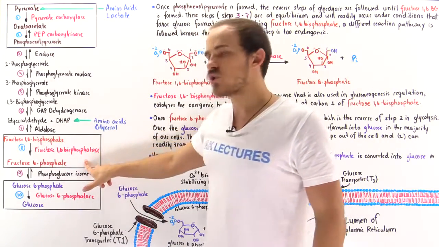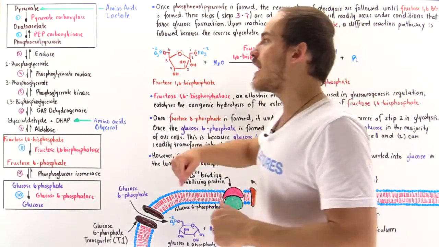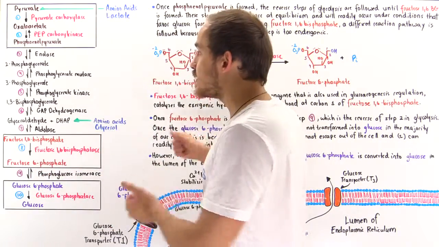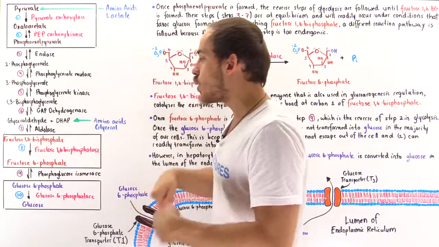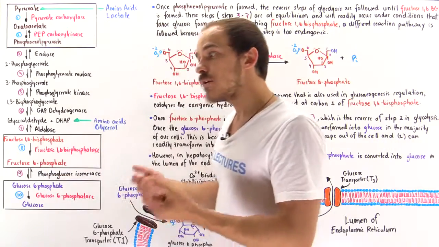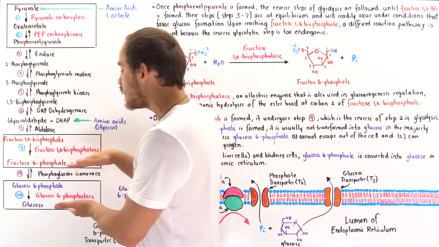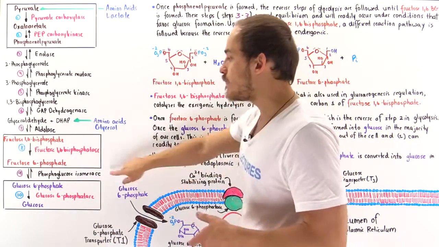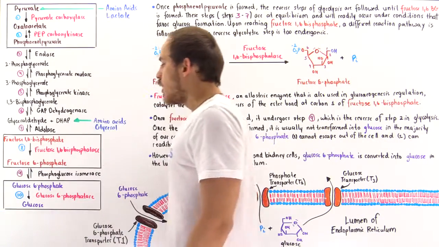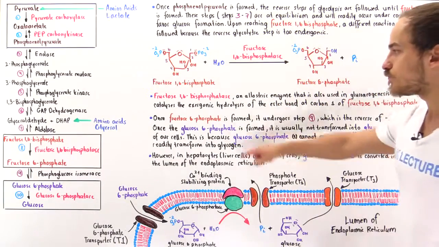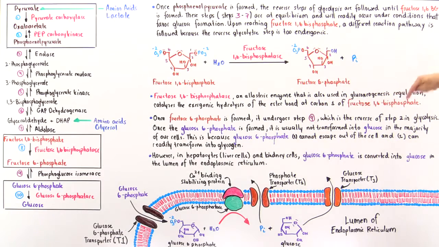Now, once we form the fructose 6-phosphate, then we follow the same exact step as in glycolysis, except in reverse. Why? Well, for the same exact reason that we mentioned here. Essentially, these two molecules in glycolysis are at equilibrium, and that means their free energy value is very, very close to zero. And so they're at equilibrium, and we can basically use the same exact type of enzyme, phosphoglucose isomerase, to transform the fructose 6-phosphate into the glucose 6-phosphate. So once fructose 6-phosphate is formed, it undergoes step 9, which is the reverse of step 2 that we saw